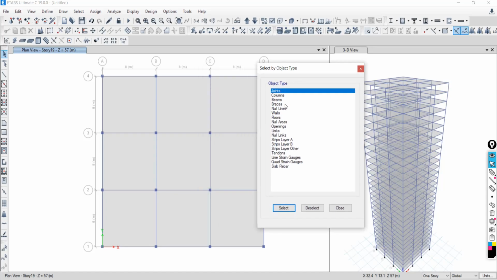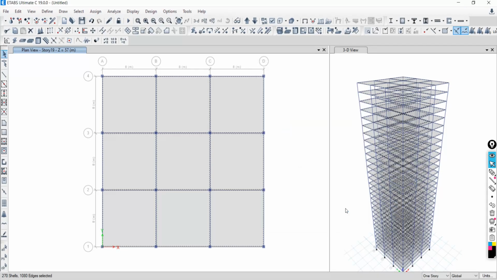Beam, column, what? Slabs. Slab means floors. So select the floors. Now say select, so that all the slabs from top to bottom are in selection, as you can see here. 270 shells. Is a slab a shell or a frame? Shell. So 270 shells are in selection.